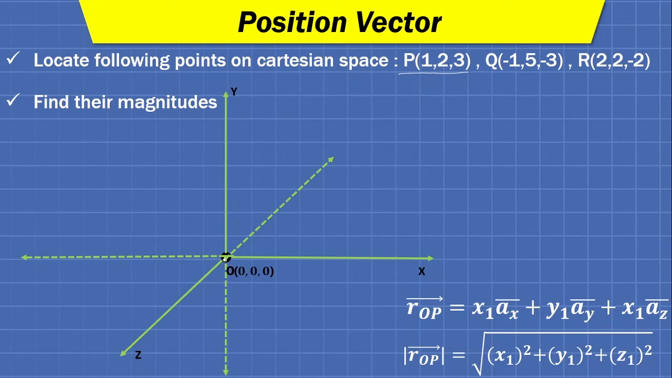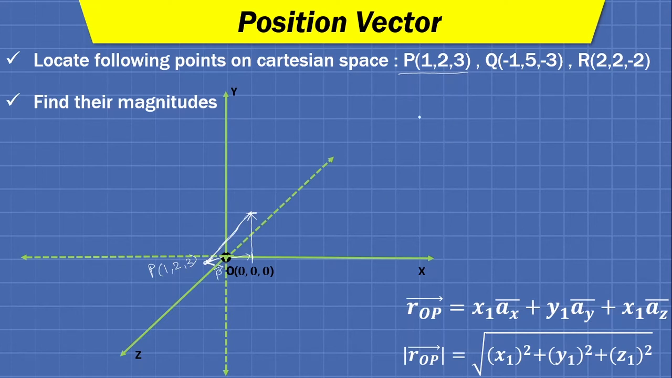For P (1, 2, 3), we will move 1 unit in the direction of x. So this is 1 unit. Then we will move 2 units in the direction of y, and then we will move 3 units in the direction of z. So this is approximately 3 units in the direction of z. Now this point is P (1, 2, 3), and connecting our origin with this point